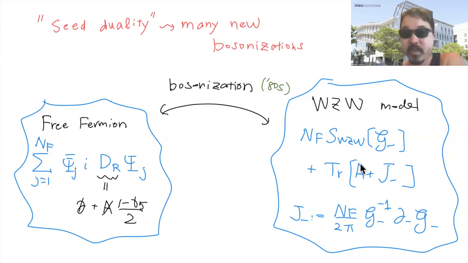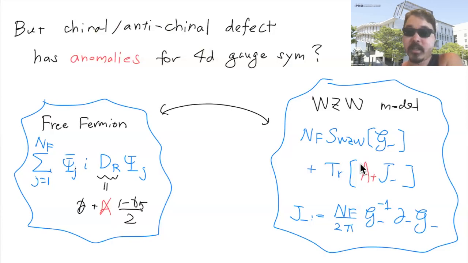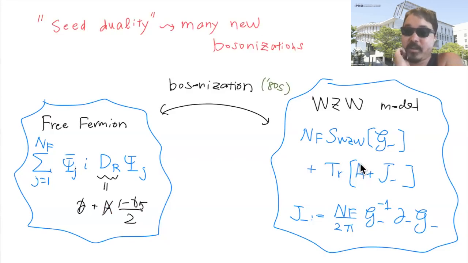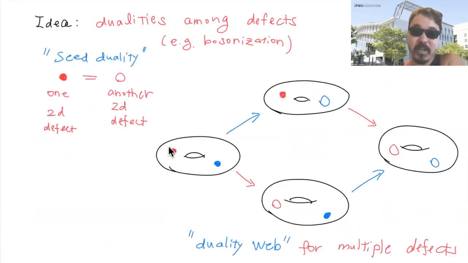So free fermion turned into WZW, and since we can use this, we can have fermions and WZW. You start with a fermion anti-fermion, giving rise to Thirring, but then you convert everything to the Wess-Zumino-Witten model. That's this description. But you can also convert only part, for example half of the defect, into the Wess-Zumino-Witten model, while the remaining half is fermion, etc. So logically, all these duality statements should hold.